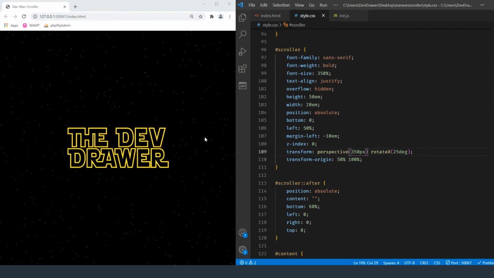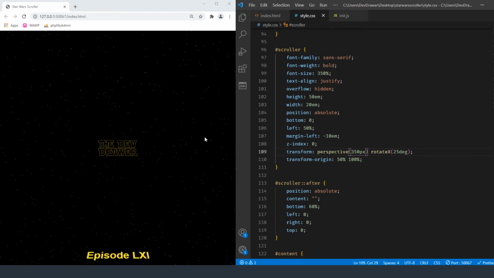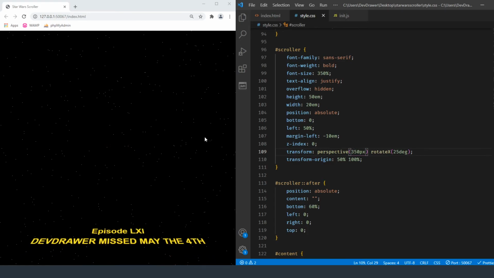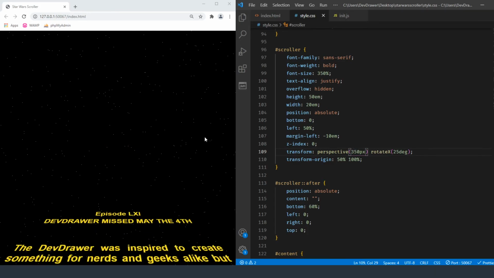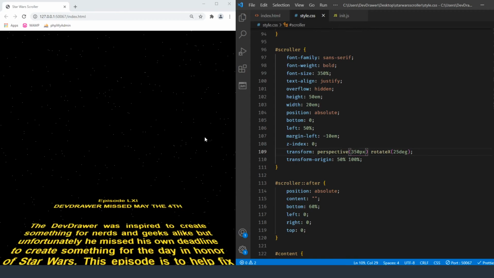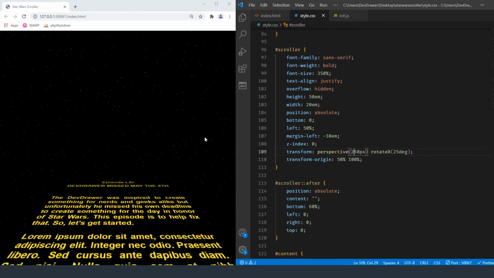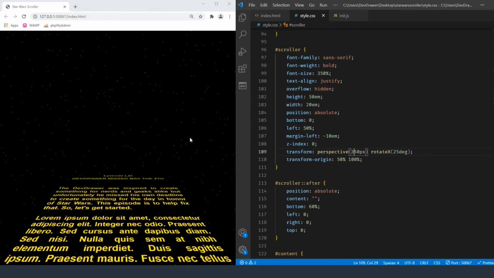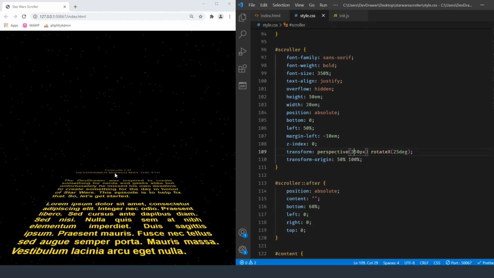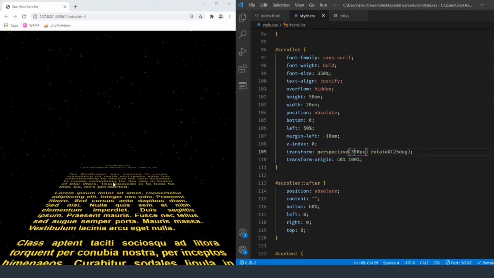But if this 350 doesn't work the way I want it to, I'm going to change it back to 300. And that looks a little bit better. It's not so compressed right there in the middle, and it kind of looks like it's fading a little bit, so that's good. You might be able to push it down a little bit more.